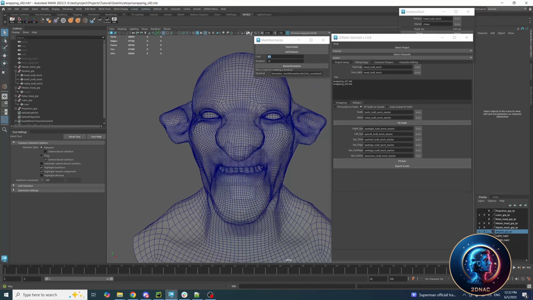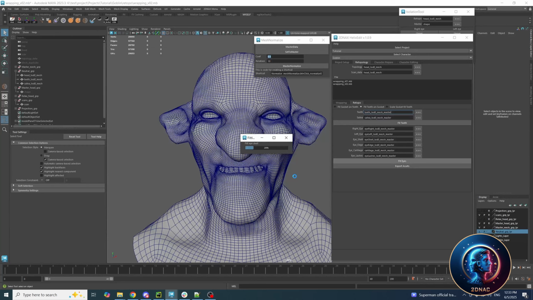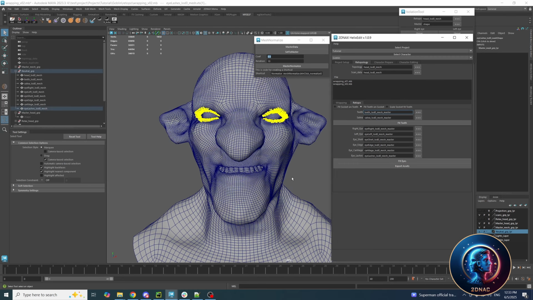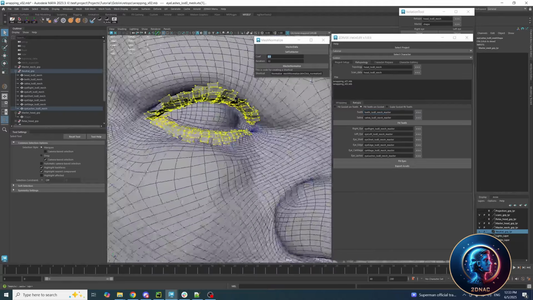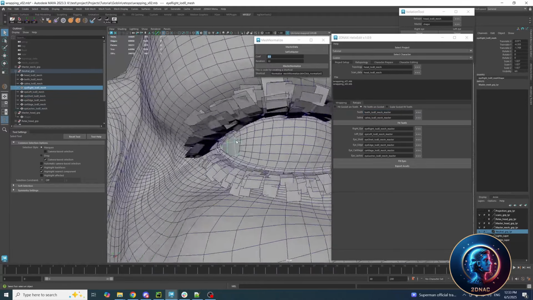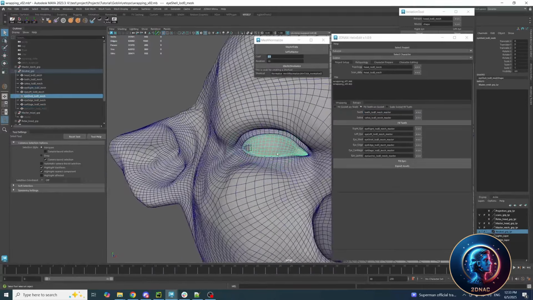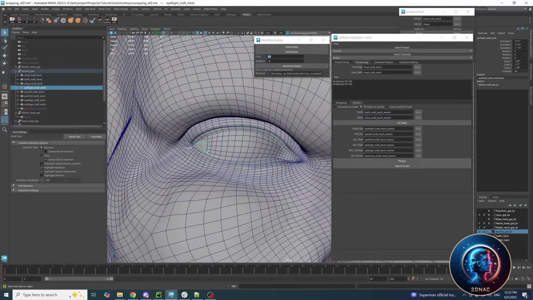And now just fit all the eye assets. And that's it. All assets fitted, but we need to check it because not everything